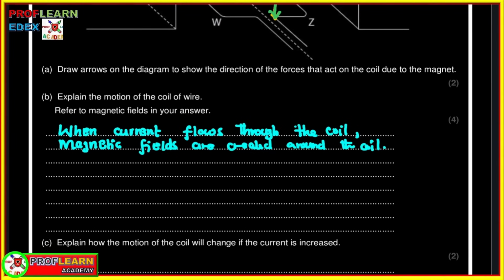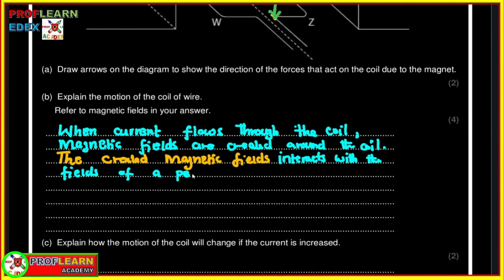So we have mentioned when current flows through the coil, magnetic fields are created around the coil. The created magnetic fields are going to interact with the magnetic fields of the permanent magnet, and that is why a force is experienced. Remember, when two magnets are brought close together, there is a repulsive or attractive force, and this is due to the presence of different fields which are interacting. So the created magnetic fields interact with the fields of the permanent magnet,